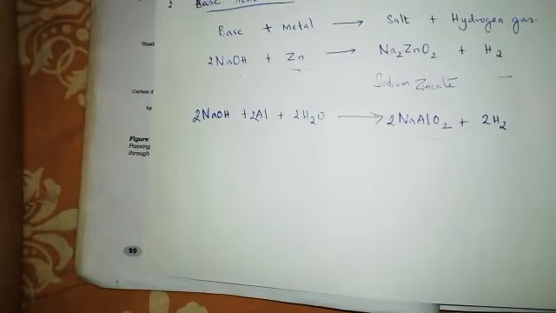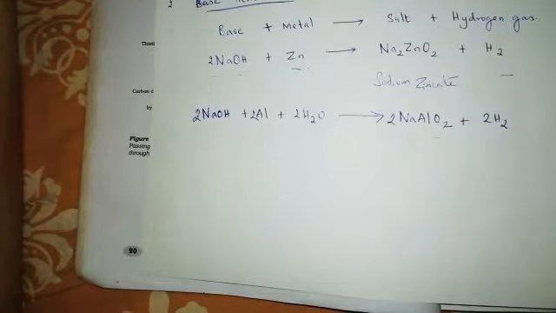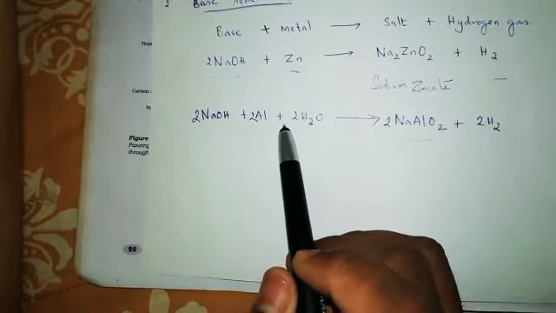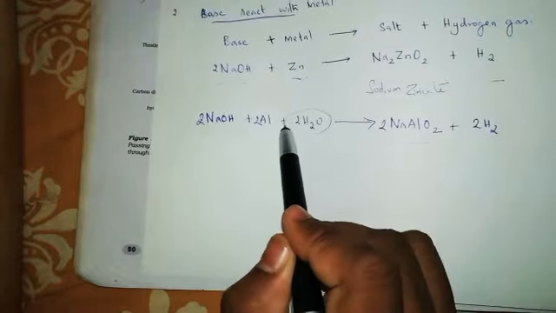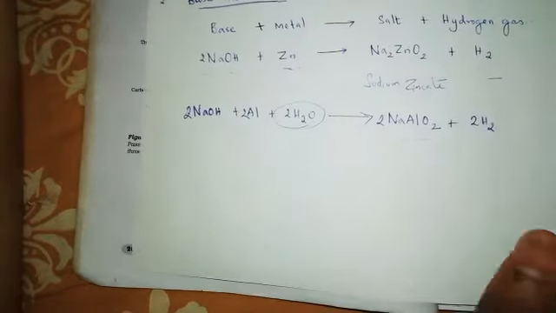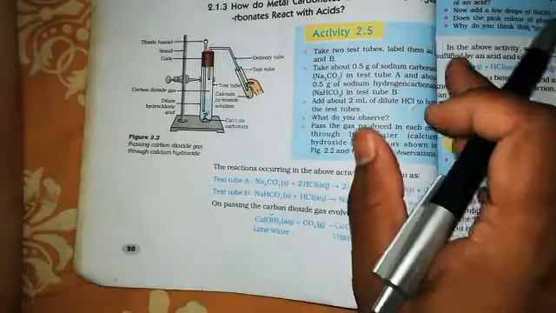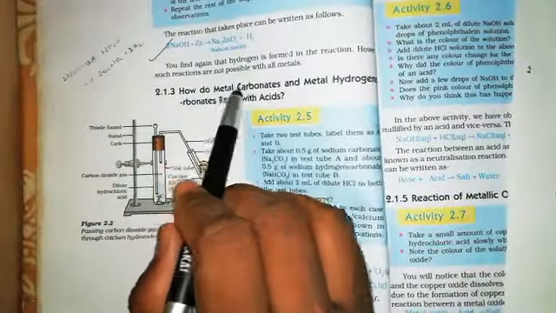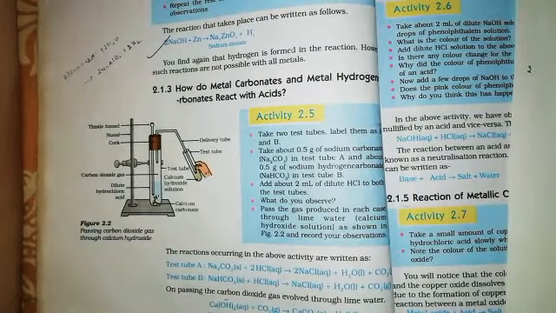Okay, that's it. So even with aluminium they give sodium aluminate, but you cannot say the same thing for all metals; there is a lot of difference between these reactions. Clear? So H2O is there. That is what I want to tell you, which is given in your book: such reactions are not possible with all metals.